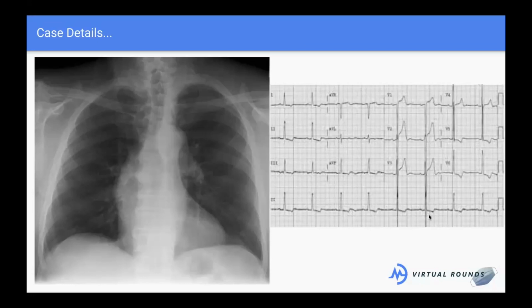This isn't a talk on EKGs, but basically if the heart muscle becomes too thick on one side, or is doing too much on one side, then sometimes these cameras or leads that are looking at that side of the heart become longer to show that this side of the heart is doing a lot more than it normally does. These leads represent the left side of the heart. So this is a left axis because it's the left side of the heart. Deviation means the heart is doing the most on the left side. So that's what we see there.